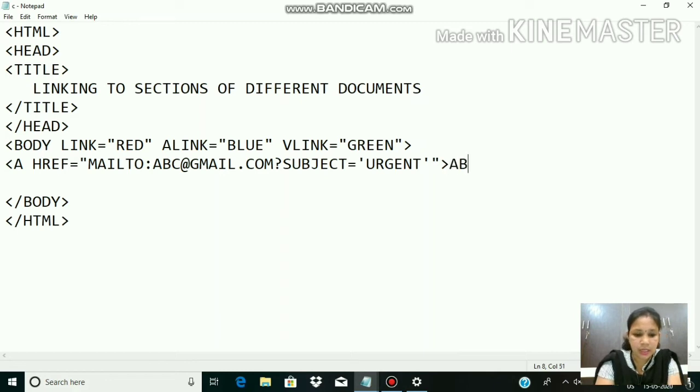And here you can give your email address so that it will be shown as a hypertext on the web page, gmail.com, and close this angular bracket.